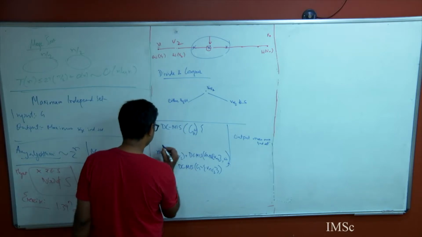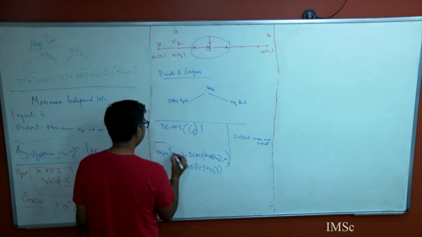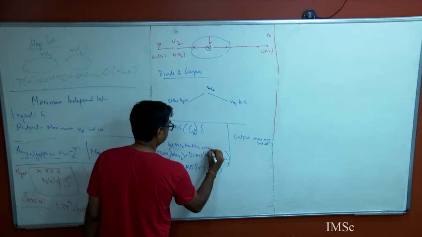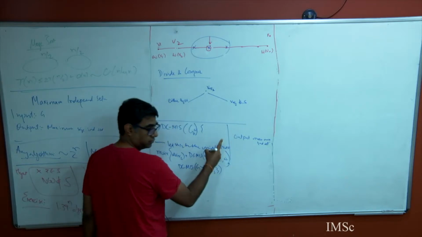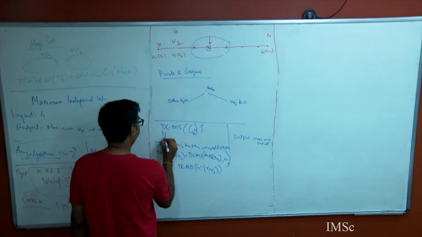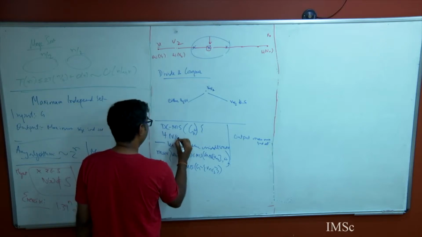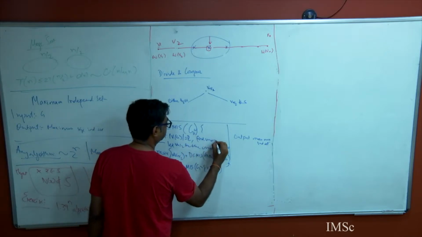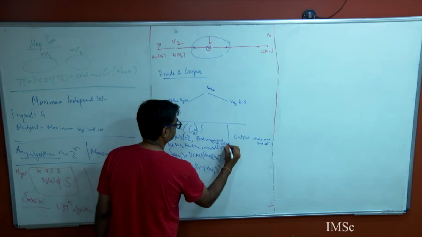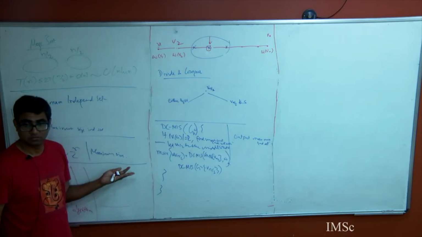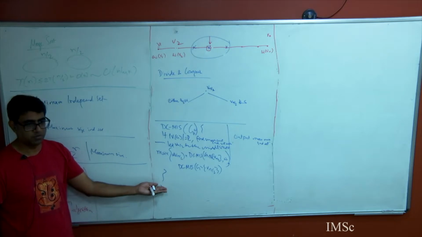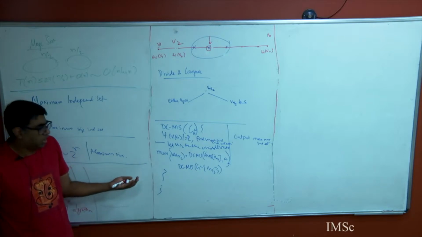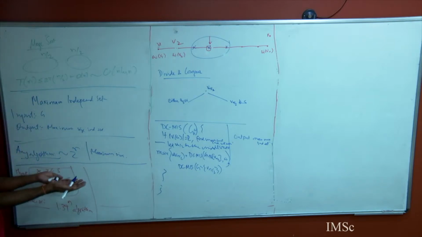So for this, G is a path, right? So let Vn by 2 be the middle vertex, and then I do this. And here, if the vertex set of G has size 2, find the max weight and return. I wrote down the code. If you put this in C or C++, it will run. Is this a correct algorithm? Yeah, it's a correct algorithm. It's just a branching algorithm.